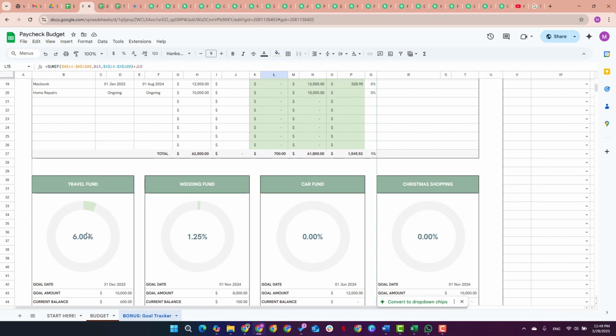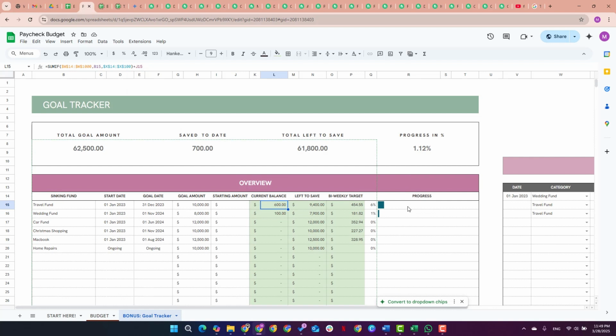The total progress is 6%, it is 6% here, and overall progress is 1.12% because total goal amount is 62,500 and we have saved 700 so far. 61,800 is left to save. So overall progress is 1.12%,